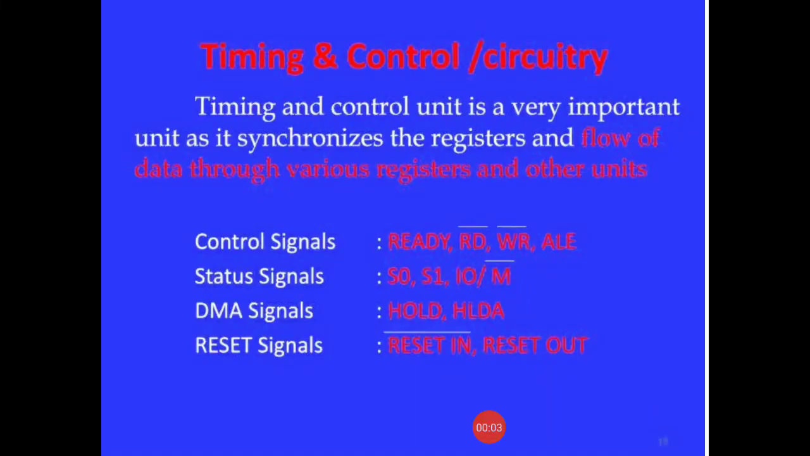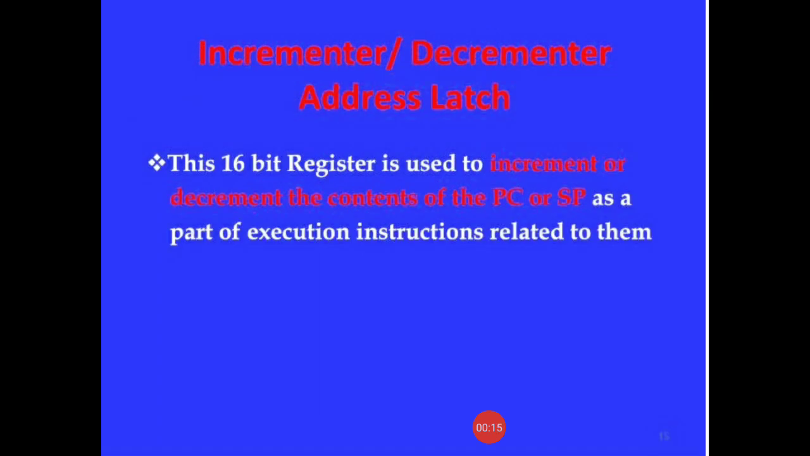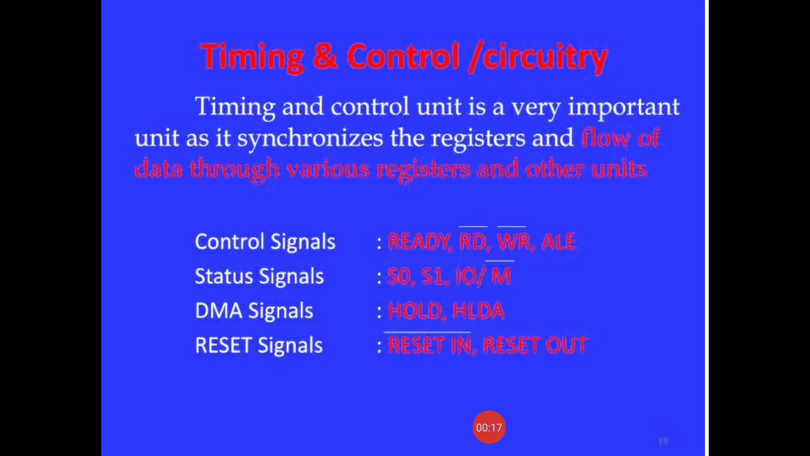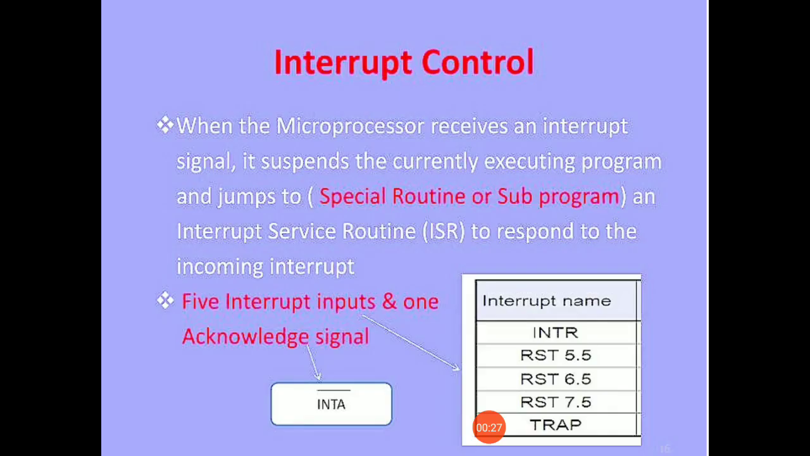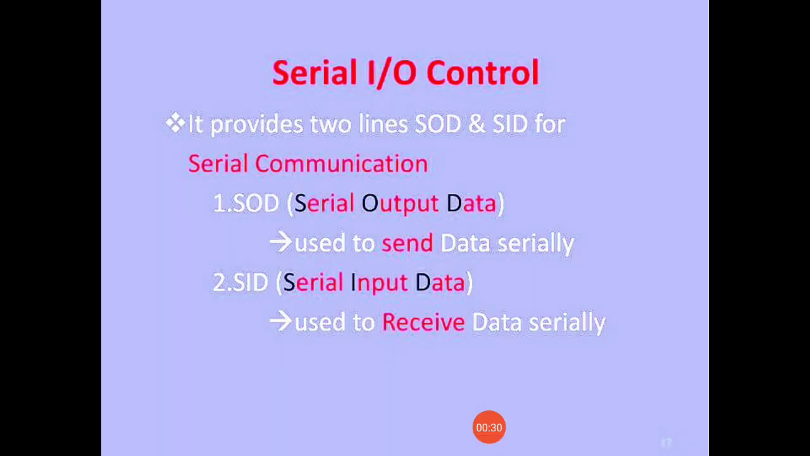Hello everyone. In the last lecture, I was discussing the 8085 microprocessor architecture. I discussed till incrementer or decrementer address latch and a little bit of timing and control circuitry. So here in this lecture, I'll start with timing and control circuitry, and two more blocks will be remaining, that is interrupt control and serial input output control. So these three blocks I'll be discussing in this lecture,